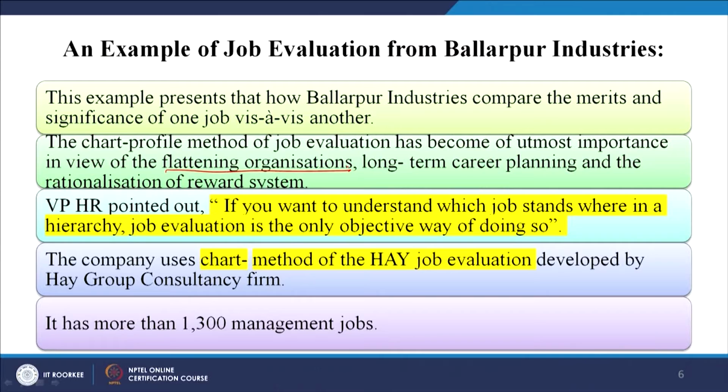So this flattening of the organization has to be related with authorities and responsibilities. If authorities and responsibilities are provided with this particular job, then definitely in that case there is long term career